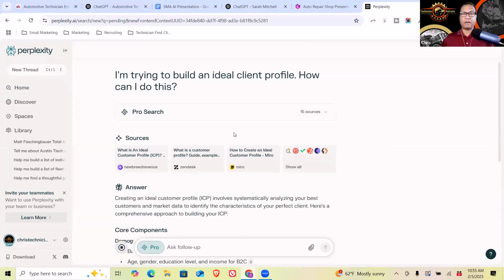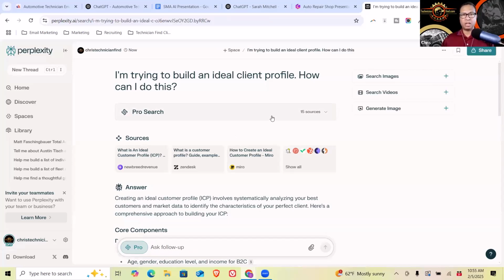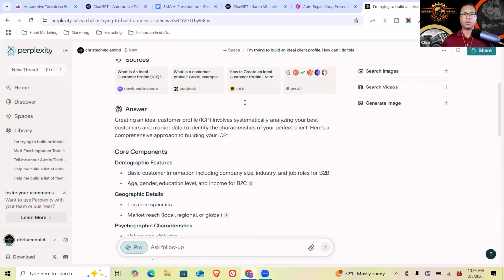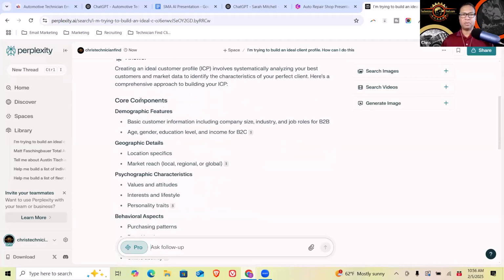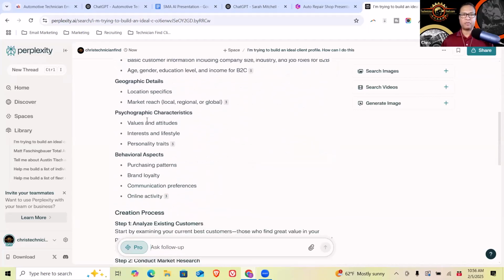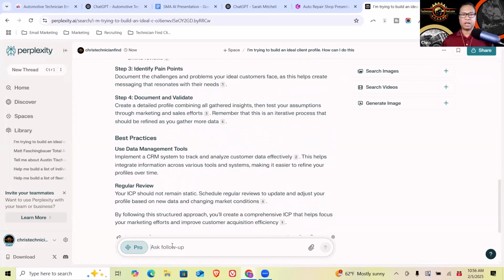So Perplexity, if you haven't seen it, is like a search engine that's AI assisted. Google just gives you a bunch of search results. Perplexity will aggregate the search results and package it and give you the answers. It doesn't just give you a bunch of websites to go look at. Well, it gives you that, but it also gives you the answer. So it says, hey, look, here's the answer, and then it tells you all the core components, demographic features. And then if I said,